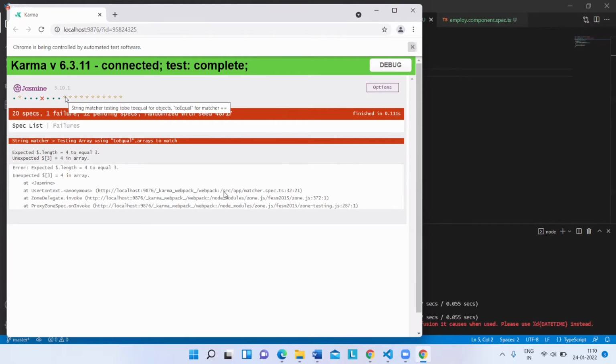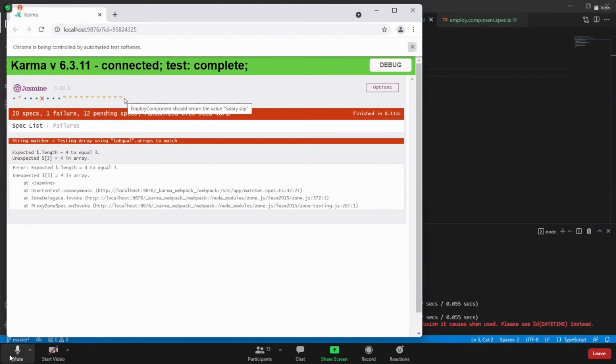So now if I just click here, this is one particular test case which is not executed. This is another, and this is one more. Here you can see, employee component testing for bonus. I just don't want to execute this. Wherever I'm trying to ignore it, you can see that it is given in the form of a star flower description. Hope this part is clear? Yes, ma'am. So all of you?